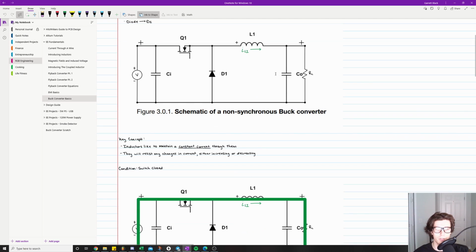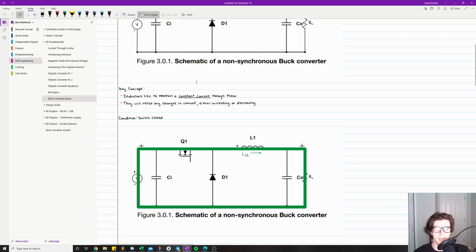So the first condition that I want to talk about here is the condition in which the switch is closed. This little green box I have drawn here on the circuit is going to represent the flow of current when the switch is closed. So we're starting here at our voltage source. The switch is closed, so current is allowed to flow through our MOSFET, and then it's not allowed to flow